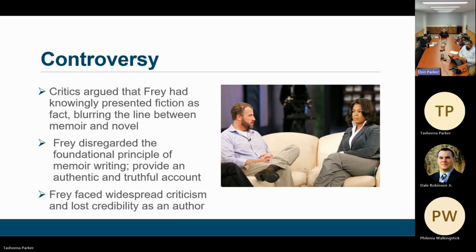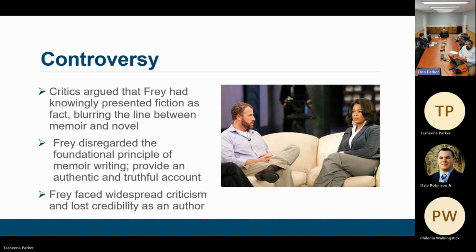Critics argued that Fry had knowingly presented fiction as fact, blurring the line between memoir and novel. Many readers felt deceived and betrayed as they believed they were reading a true account of Fry's experiences. By embellishing the truth, he may have believed that he was enhancing the emotional impact of the story and making it more marketable. However, this approach disregarded the foundational principle of memoir writing, to provide an authentic and truthful account